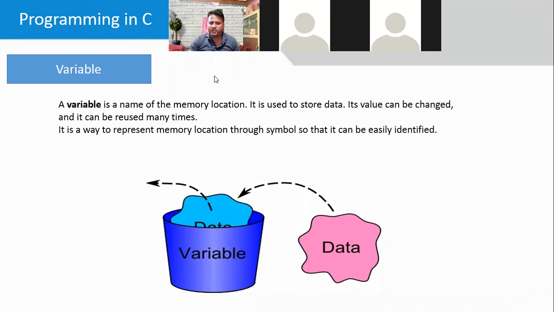Okay. So variable is a memory location where you have to store a value. I am giving an example that you can say